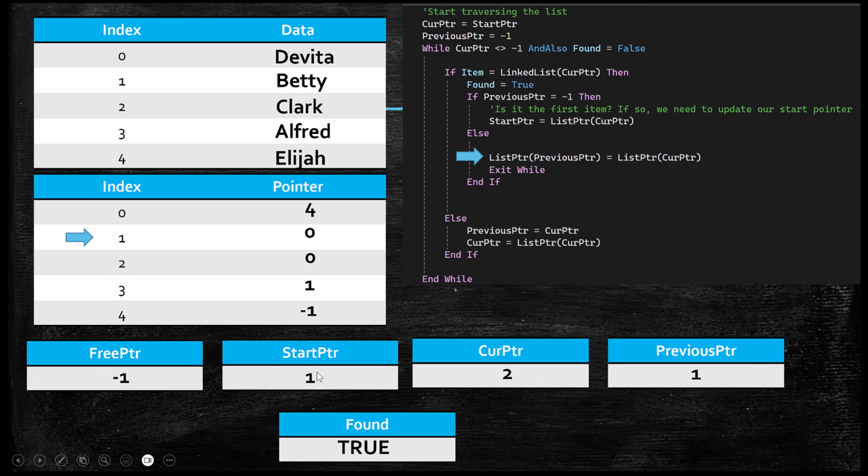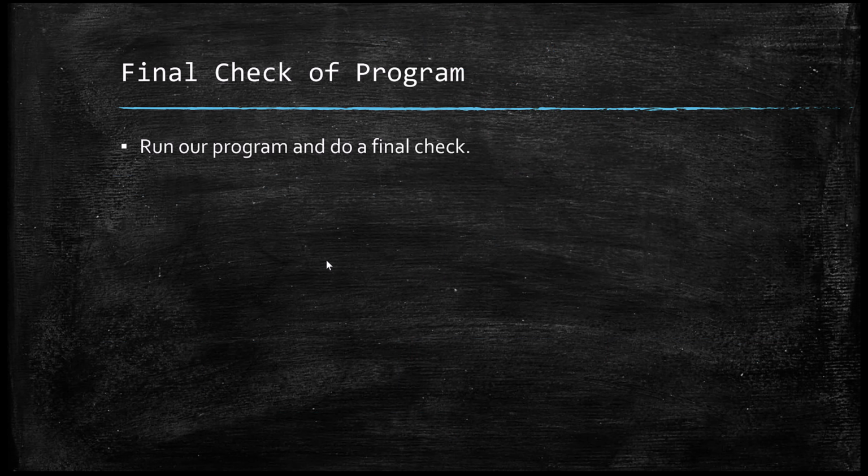So now with our start pointer, we're going to go to Betty. Betty is going to go to Davida, and then Davida is going to go to Elijah. It's okay that both of these equal 0. But remember, Clark's been removed, so we don't need to update Clark's pointer. We just need to make sure we're not pointing to him whatsoever. So we hit the exit while. That will allow us to leave the loop a little early. What we need to do now is run our program and do a final check to make sure it all